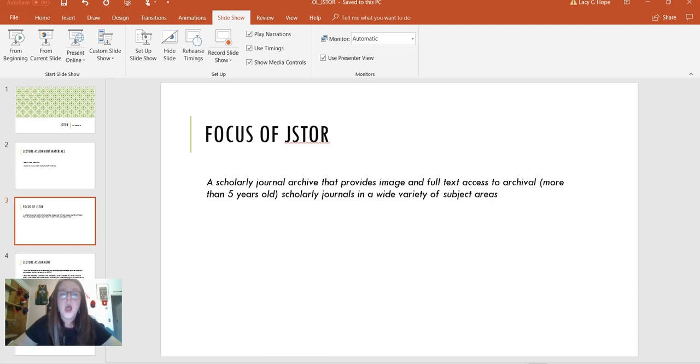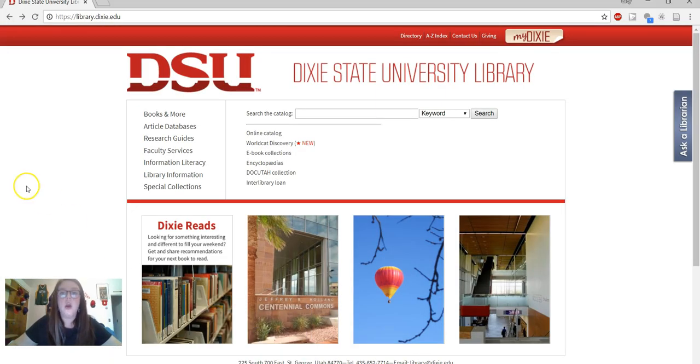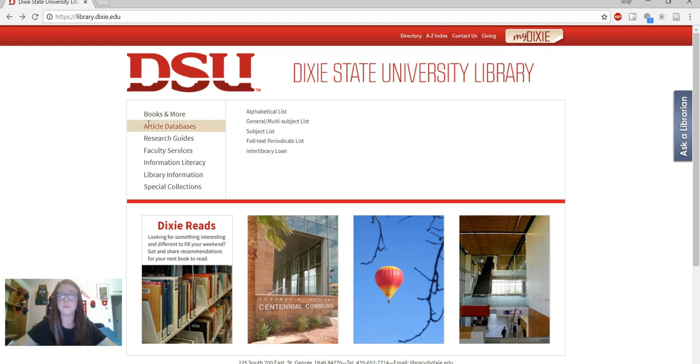So I am going to head over to the DSU library homepage. So if you just basically Google Dixie State University Library, this should be the first hit. So in order to navigate to Jstor, what I want to do is go to this far left-hand column here and click on Article Databases. Now, once we do, and once that option is highlighted, we see another drop-down menu